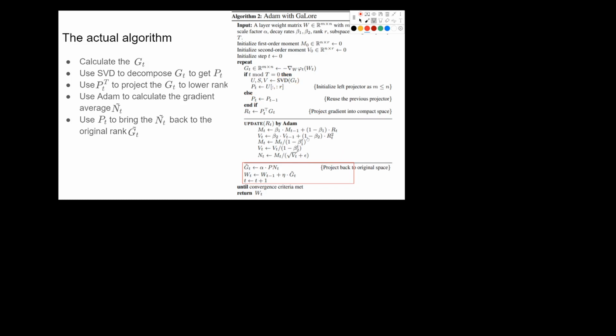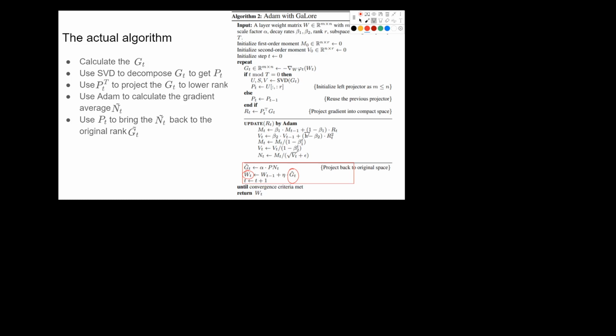Okay, till now I guess you can see why GaLore can have very similar performance to full rank training, because you can see that the matrix is actually updated in the full rank in the original dimensions. We only estimate the gradient in the lower rank, and this estimation will be very close to the optimal value because the gradient itself is low rank.